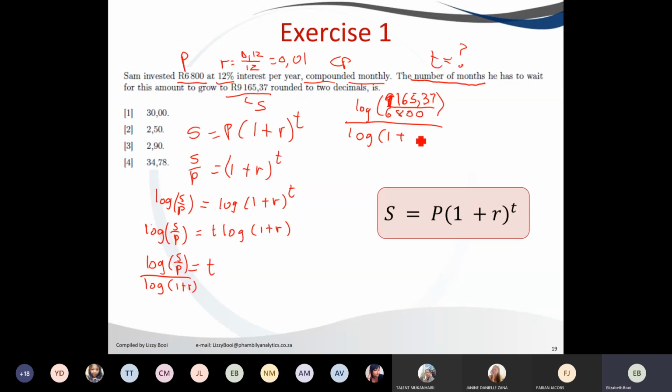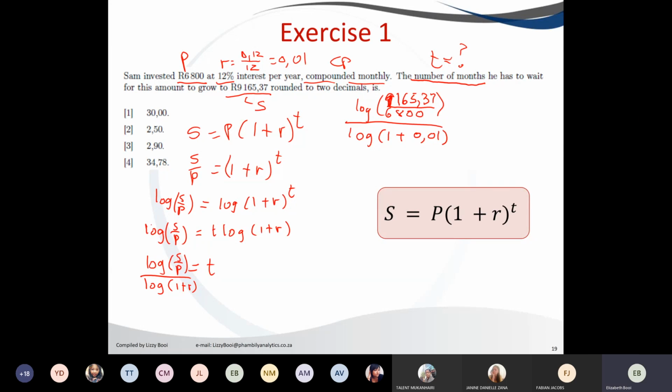And therefore this will be plus 0.01. And those who are using the financial calculator, you must look for your log sign. It's on the button number 1. So you can say second function log, and you press the open bracket and put in the 9165.37, and you press the division sign for the divide by 6800, close the bracket, and because it's a division again, you can divide by second function the log again to get to the log, and open the bracket and say 1 plus